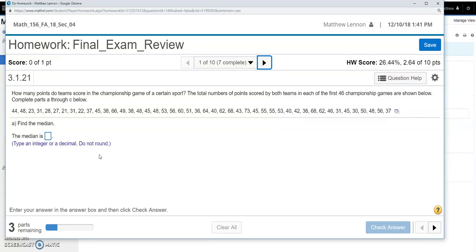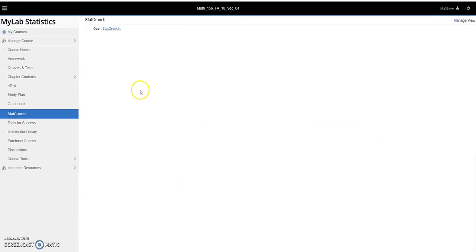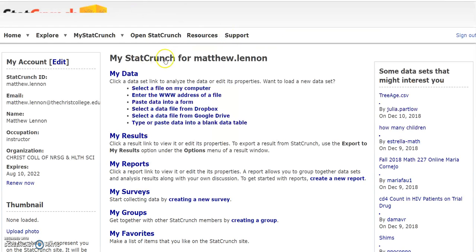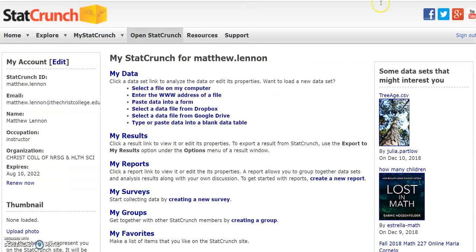So these will be topics similar to the ones we'll see on the final exam. And just a reminder, if you ever have a question that doesn't have an option to open the data in StatCrunch, you can always get that by going to the MyMathLab Mastery, clicking StatCrunch, and then opening it externally. So you go to the StatCrunch website, as we've demonstrated several times, and click Open StatCrunch, and StatCrunch will be there for you. However, for this first question,